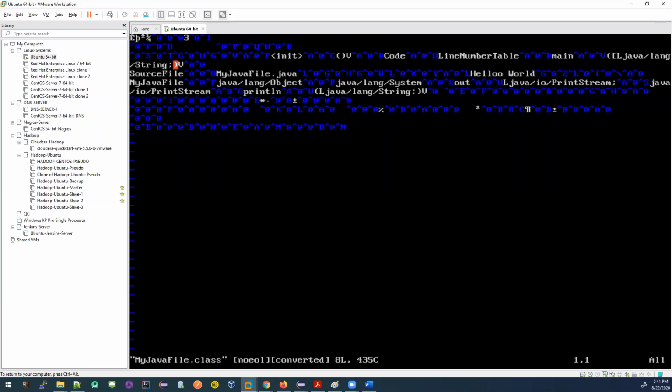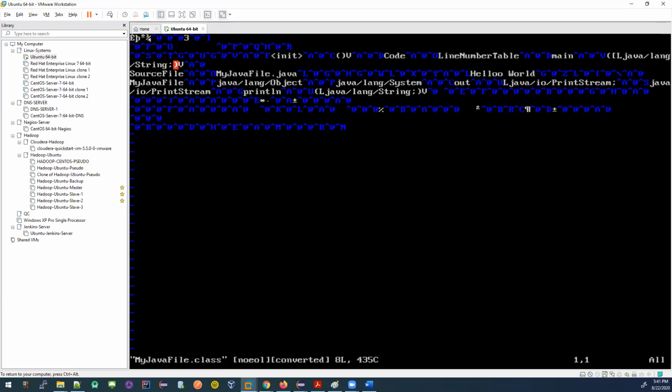See, so this is my bytecode. Who can understand this bytecode? The Java virtual machine. The Java interpreter can read this bytecode. This bytecode is machine independent. I can take it to another machine and I can execute it.